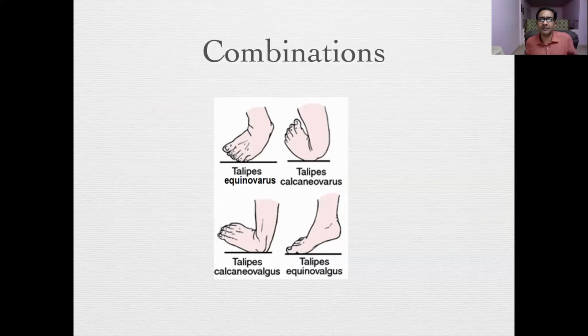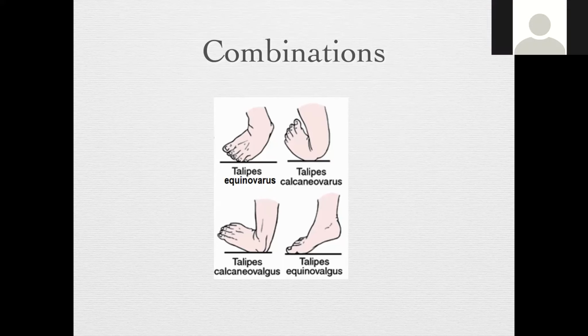And remember, you can get talipes equinovarus, the commonest that you see in paralytic polio and in CTV. Talipes calcaneovarus is actually a relatively rare thing, again paralytic. Calcaneovalgus is a little more common than this, which can occur typically in paralysis or weakness of the tendo Achilles. Sometimes a very rare form is equinovalgus. So remember that there are deformities and they tend to occur in combination.